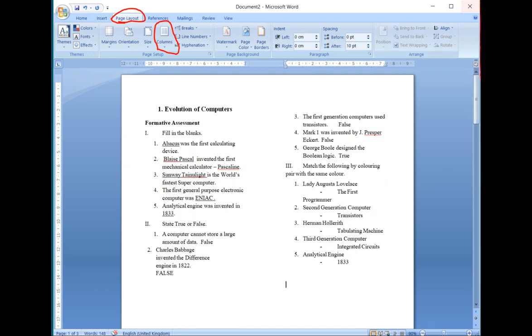Understood, students? So where you want to do the breaks of a column, next to the columns button we have the breaks option. Here you can add the breaks to your columns. I'll tell you one more time. Select the text, then click on the columns button. A drop down menu displays the choices of the columns. Then select the number of columns you would like to insert.